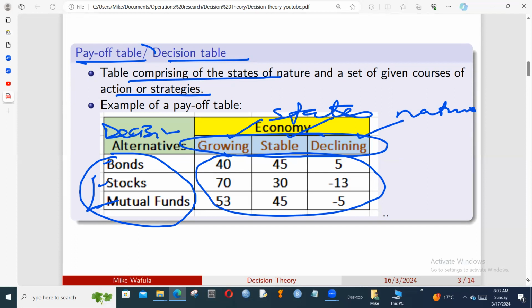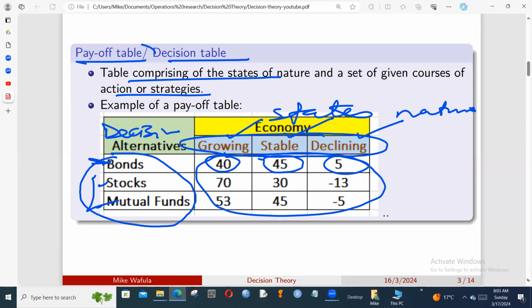For example, if you invest in bonds, then you expect that when the economy is growing, it will be fetching, let's say, if the units are dollars, $40 probably per month as profit. And when the economy is stable, it will be fetching about $45 as profit. And when the economy is declining, it will be fetching only $5